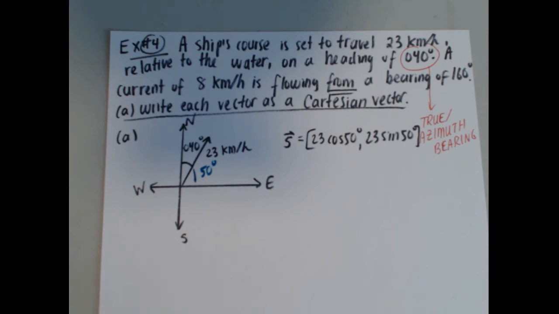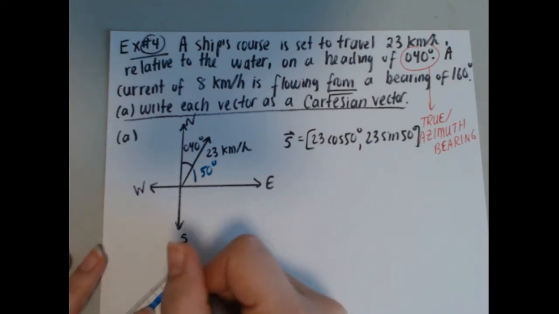Now, I can absolutely calculate that a little bit more exact, but I'm going to leave that until a later part, so until part B. All right, so that is the ship's vector. I know now a current of 8 kilometers per hour is flowing from a bearing of 160 degrees. So I'm going to go ahead and draw my